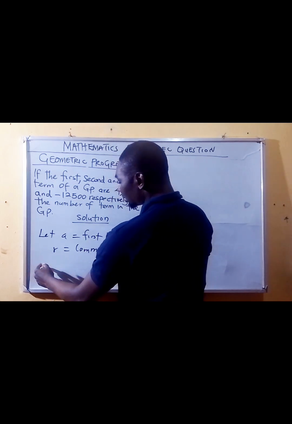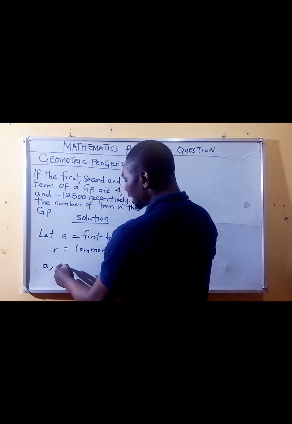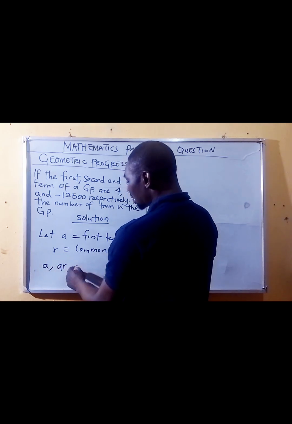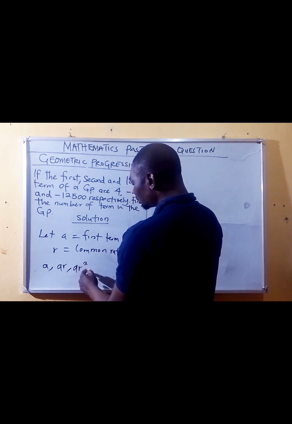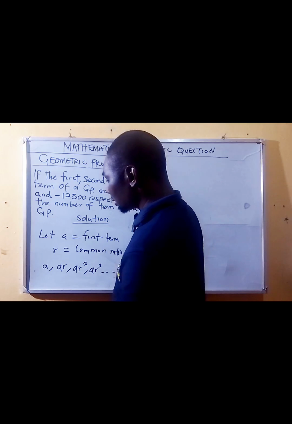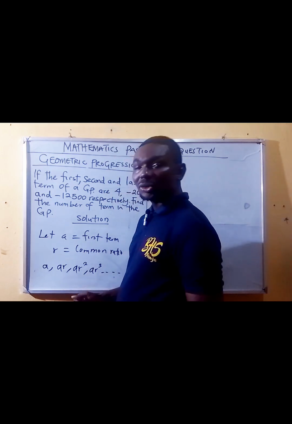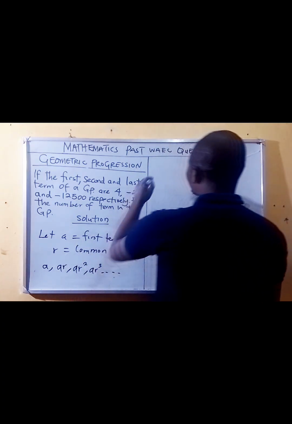The sequence A, comma, A times R, comma, A times R raised to the power of 2, comma, A times R raised to the power of 3, and so on, is called a geometric progression, in which